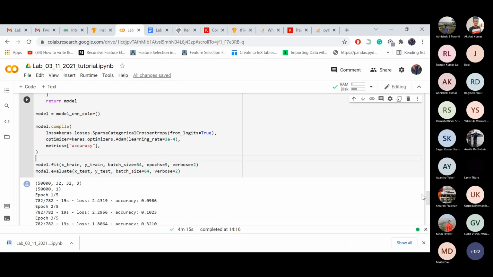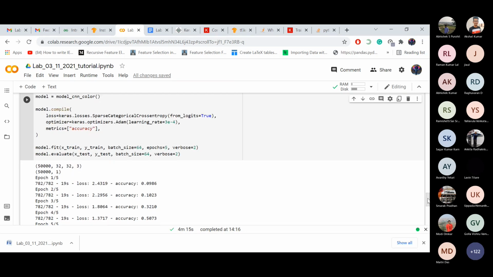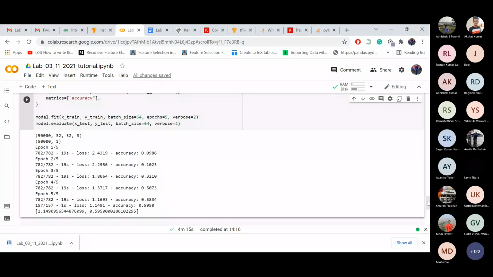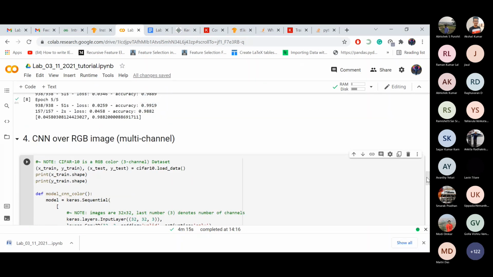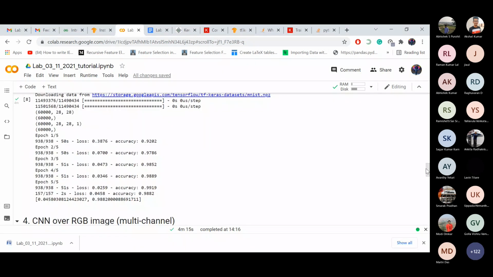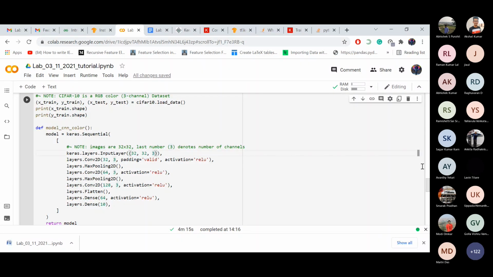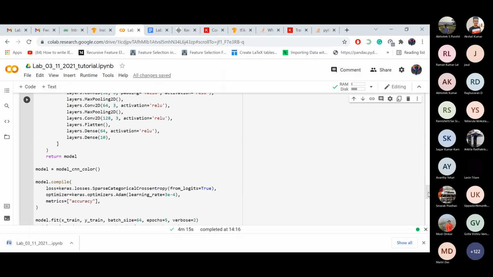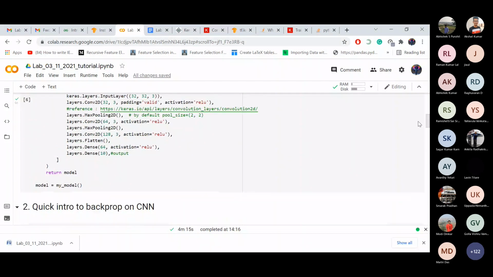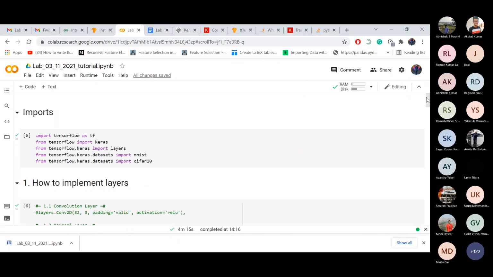Similarly, here also we have got the loss and accuracy. There is not much difference from the grayscale image compilation. Only the number of channels needed to be changed. So this was our CNN implementation for grayscale and RGB images.